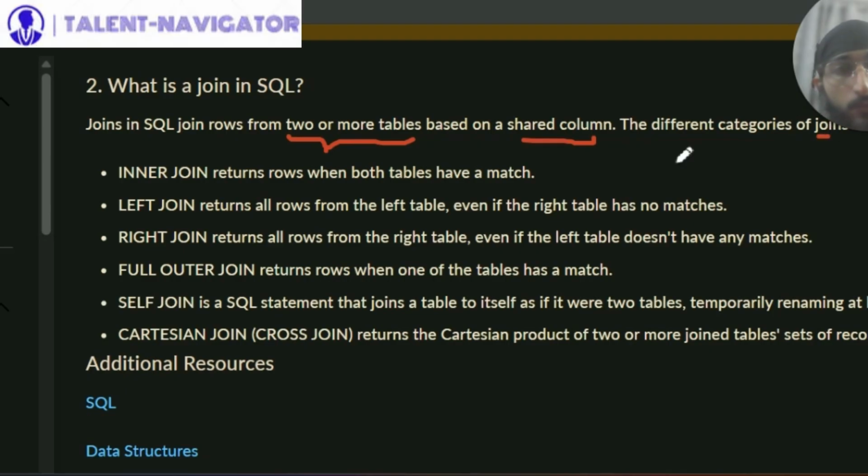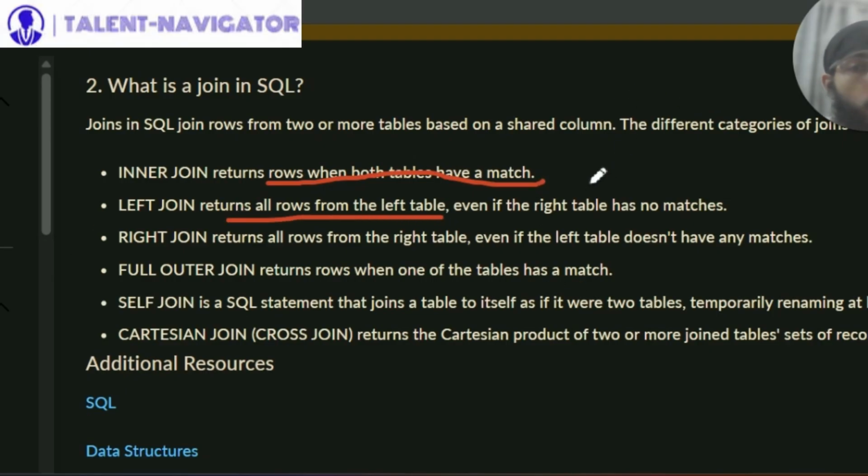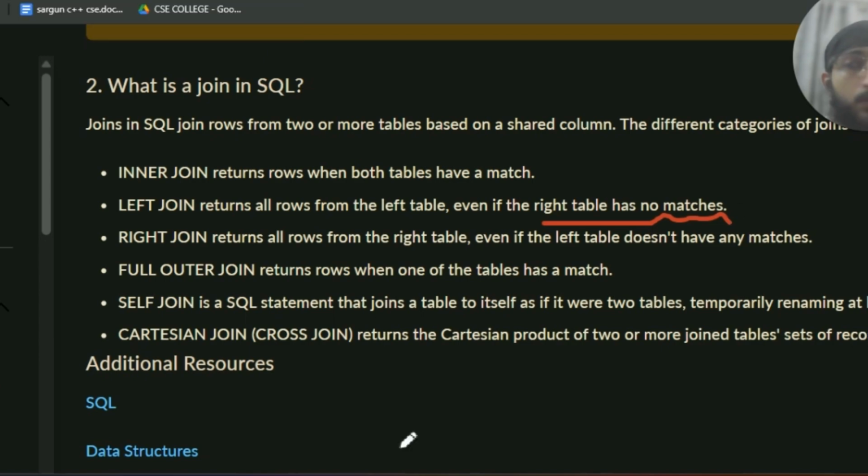So there are different categories of joins. We can have an inner join, which returns rows when both the tables have a match. Then left join returns all the rows from the left table that we are joining, even if the right table has no matches. Then right join returns all rows from the right table, even if the left table does not have any matches. Full outer join returns rows when one of the tables has a match, so it could be